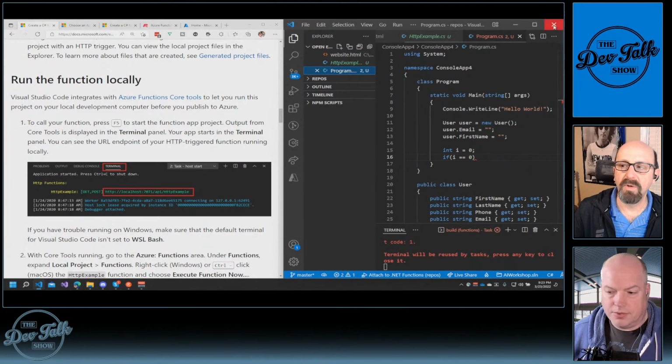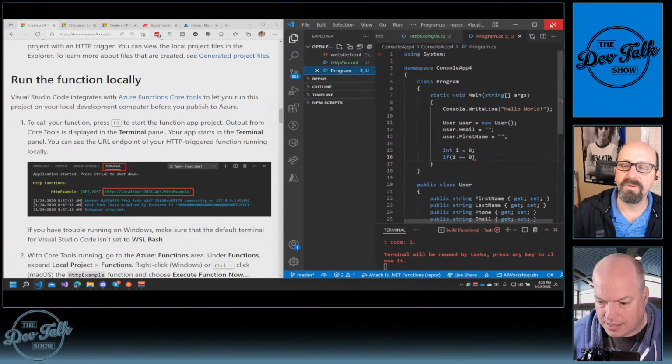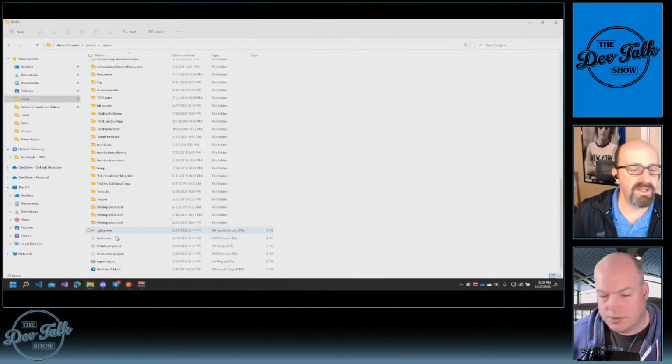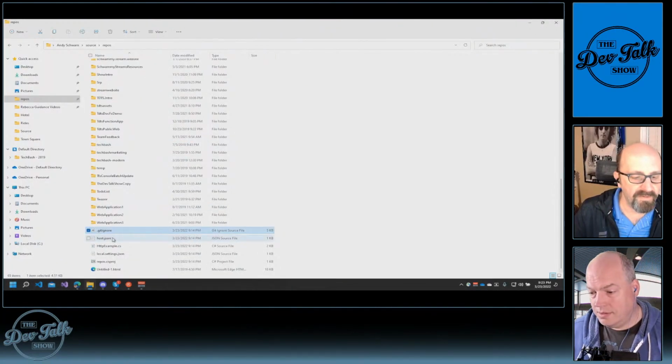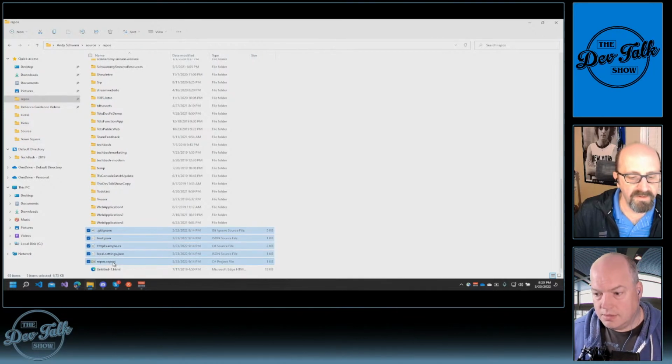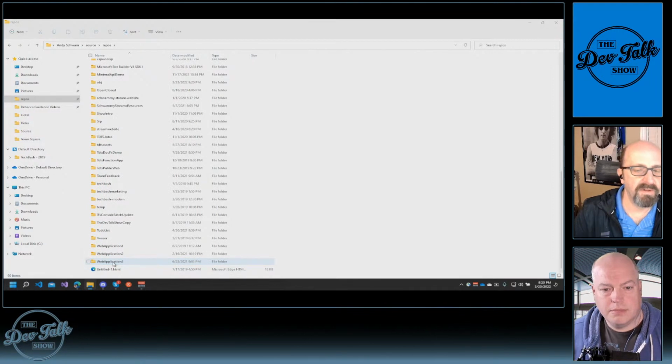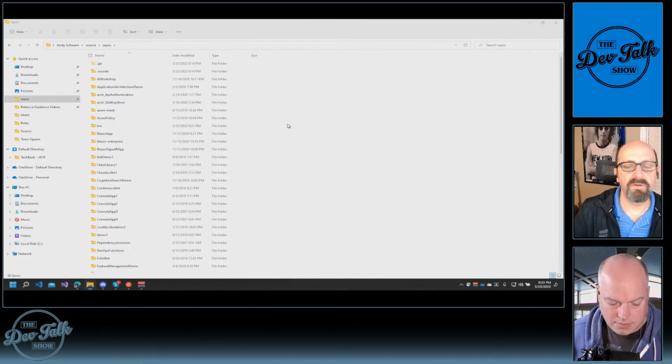So what I'm going to do is close Visual Studio Code. I'm going to go back over here. I don't think this will take us long, really. I think I'm just going to delete all these files, because that's just going to get me into some kind of trouble here. And why don't I just create